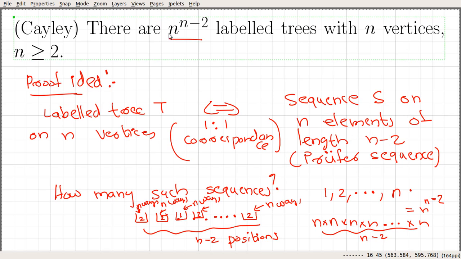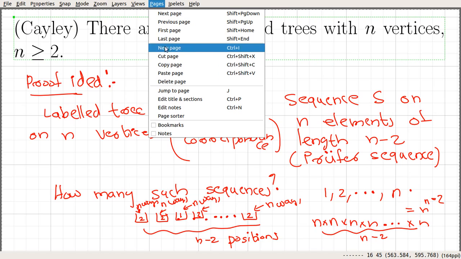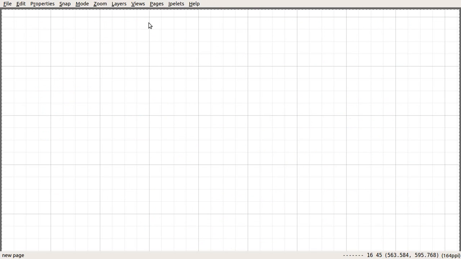So let's see how to convert a tree to a sequence of length n minus 2 and back. If you are given a sequence of length n minus 2 on n elements, how to retrieve that particular tree. We will go through an example, and after that we will go and prove the statement. So let's discuss how to convert a labeled